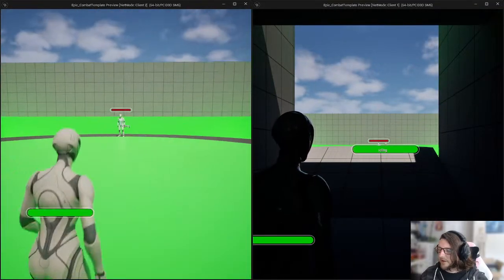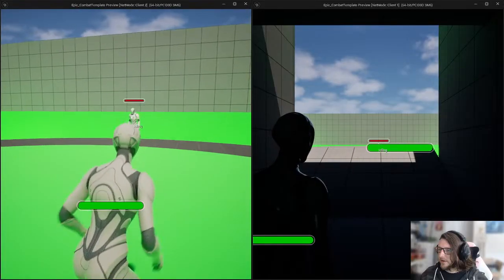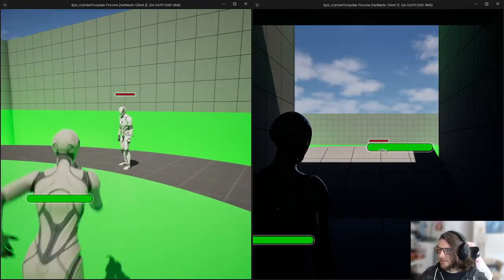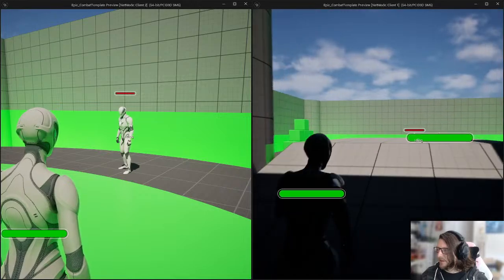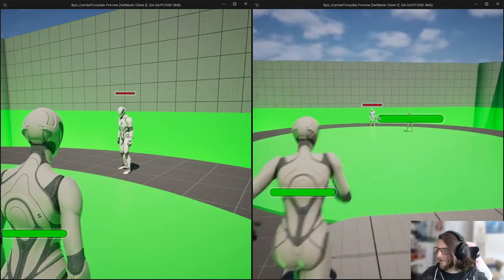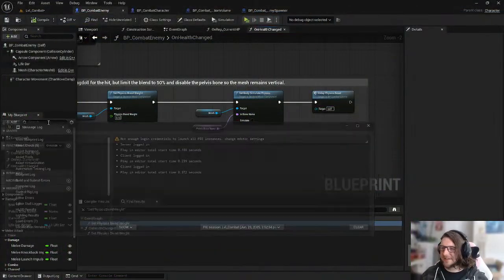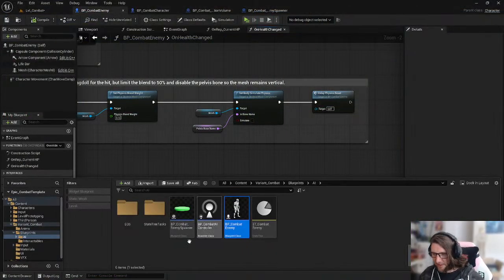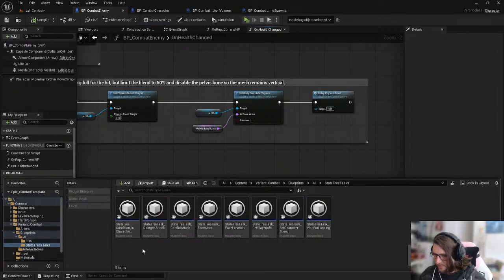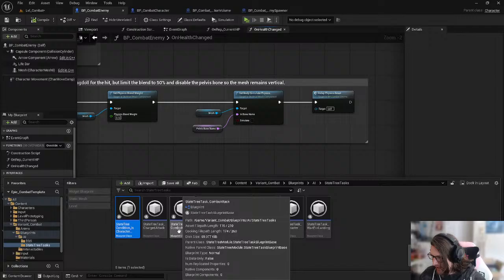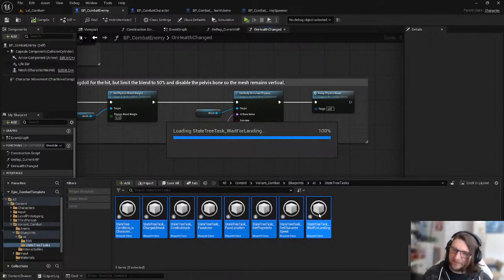So we run along here. The fact that he doesn't chase me bothers me a bunch, and I think it might be something to do with the fact that he might only be fighting player 0. Yeah, so let's go fix his assumedly state tree. So he's got some tasks. He's got condition is character grounded, charged attack. He's got a lot of stuff. We're going to have to read through everything,